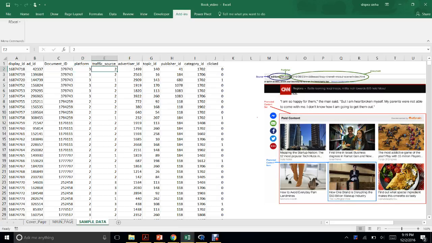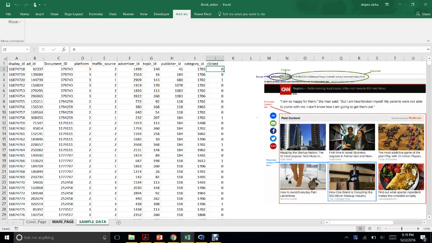Similarly, traffic source is the source from which this website is visited, for example, a social network or directly. And finally, clicked or no clicked is the outcome. One is if the advertisement is clicked, and 0 if the advertisement is not clicked.